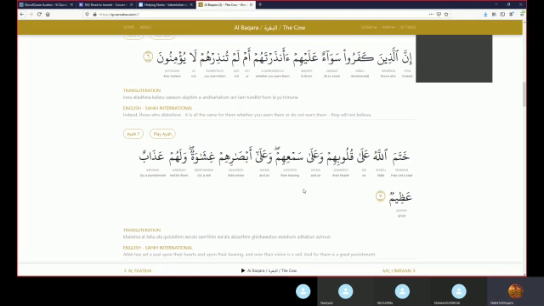Their heart being sealed means, when somebody does something wrong, scholars say that if you do one sin and you're happy about doing that sin, then doing the next sin becomes easy for you. Another sin comes to you and you're able to do that more, to the point that you keep doing it and doing it and doing it. Every sin puts a dark spot on your heart, and they keep putting all these dark spots until your whole heart becomes full of darkness and rusty,